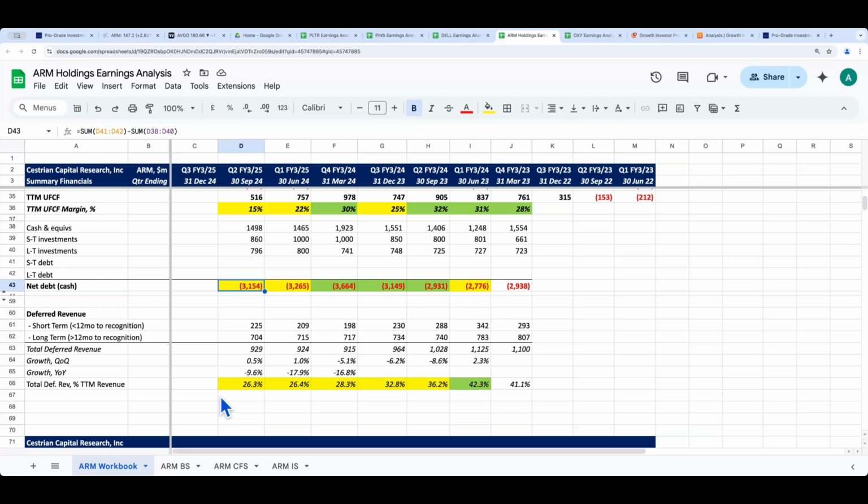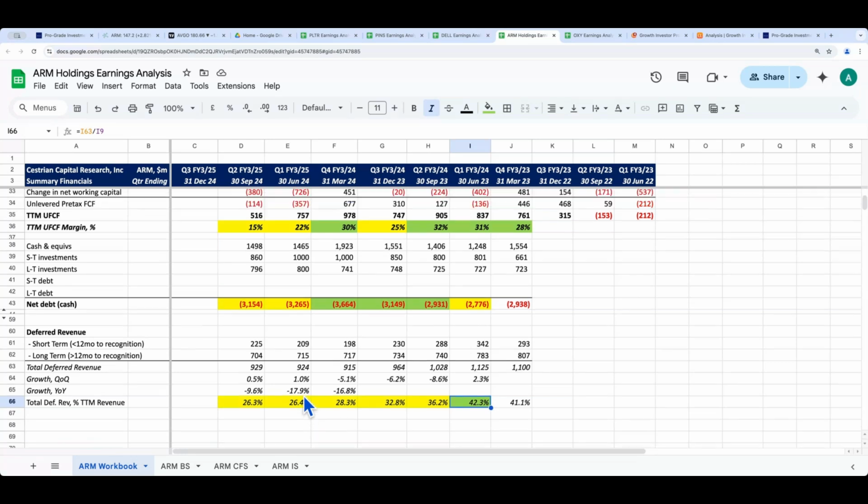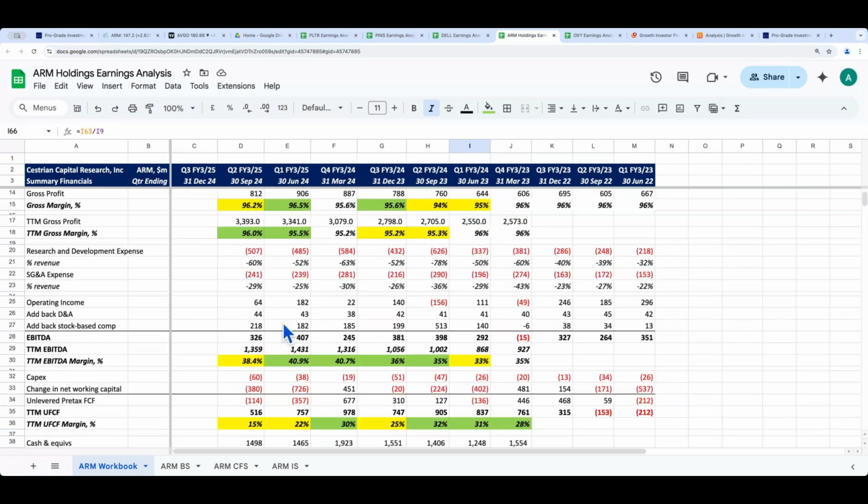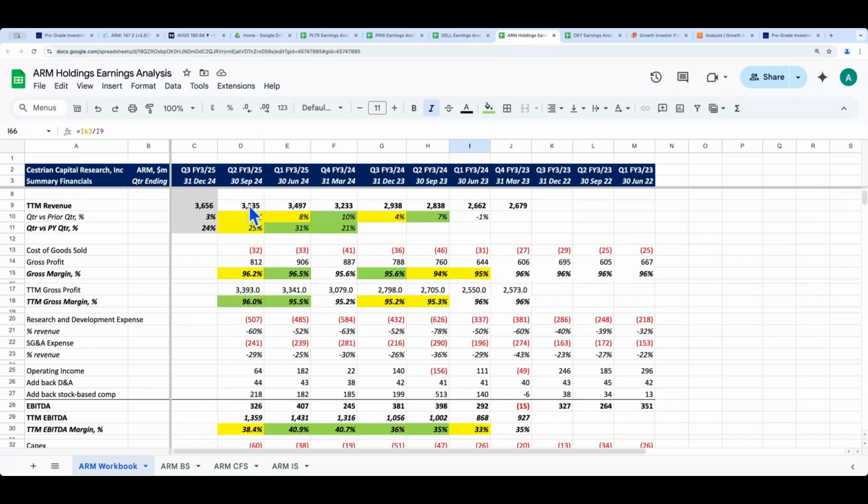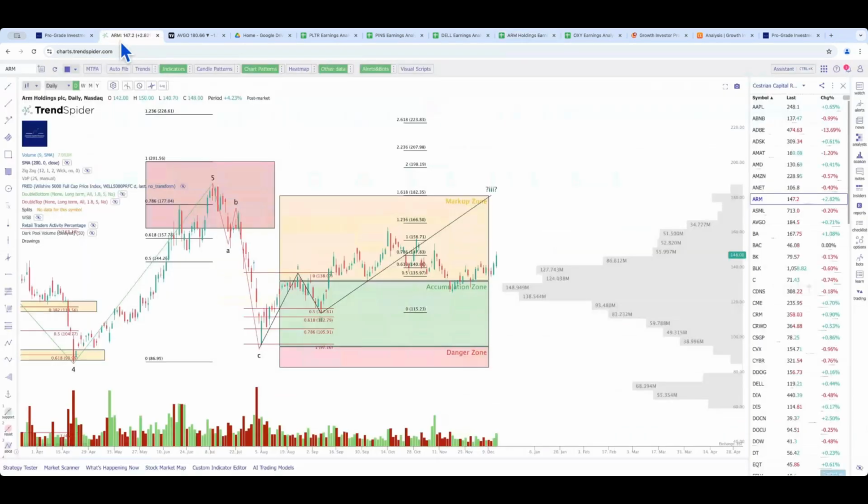Well, it isn't at ARM, it's shrinking. So it shrank less badly than the last 2 quarters, but it's still down by 10%. And it's now 26% of trailing 12 months revenue, whereas 15 months ago it was 42%. So it looks like ARM is losing a bit of power in its value chain, which I'm slightly puzzled by, I confess. So on the fundamentals, I think it's okay. Some concerns. I don't own ARM. This is one of the reasons why. On the chart, I think it's okay, and I think if semiconductor moves up, probably it can take ARM with it. I just would be a bit cautious personally on those fundamentals.